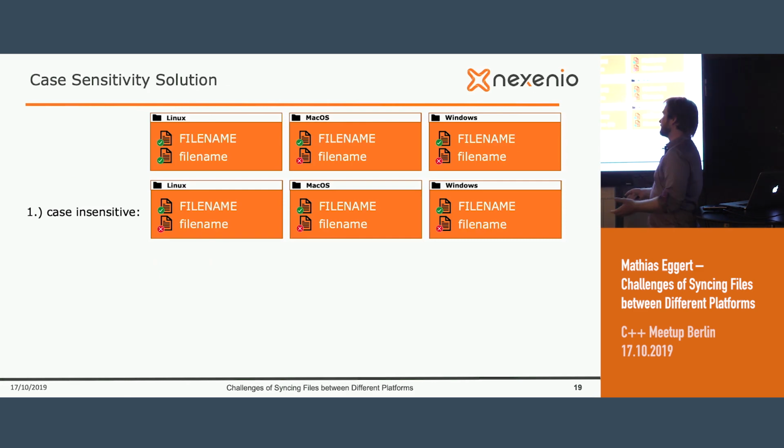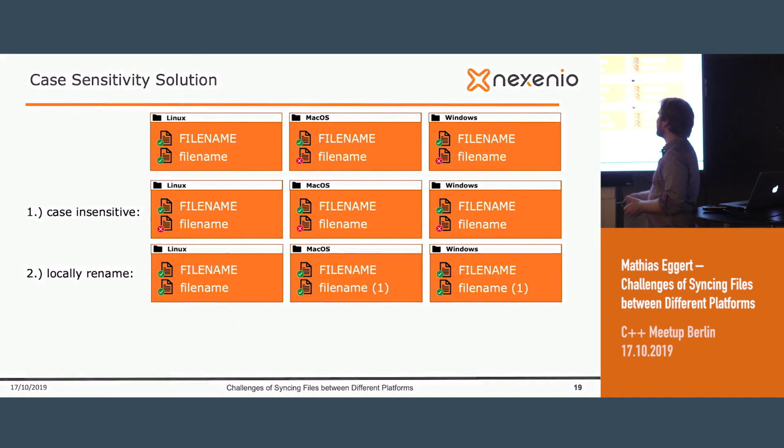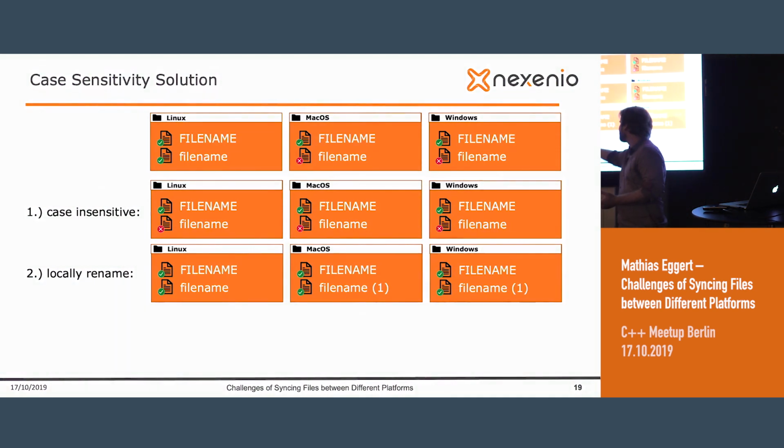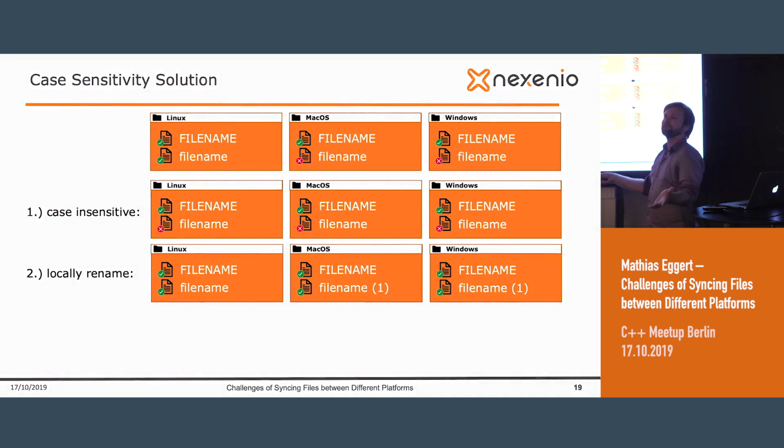The other one is quite simple. You just rename the file name on macOS and Windows so that we at least can synchronize the file content. Obviously, that is not so good from our point of view either, because we are not synchronizing the file name, which is somehow important for us, because we want the Linux user and the macOS user to be able to communicate about the files they are using. And on the other hand, if the Linux user now creates a lowercase file name with the same suffix, then we again have a bad state.